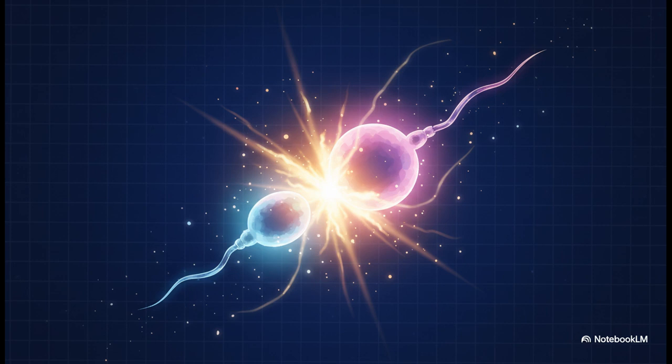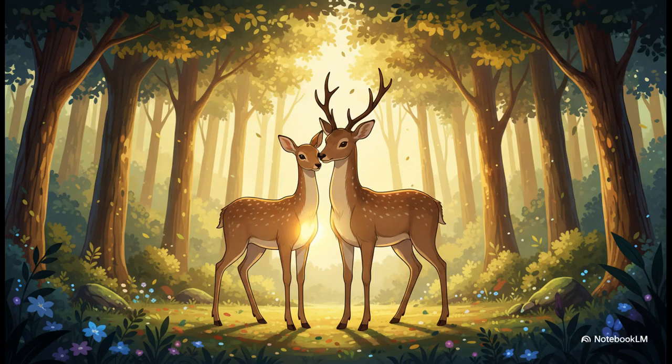For a new animal, an embryo, to even start developing, what has to happen first? Does this sound familiar from the plant round? It's fertilization. That's right, it's that same essential spark, that moment when male and female cells combine to kick off a brand new life. But here's where it gets interesting. Animals have a couple of different ways to get this done.